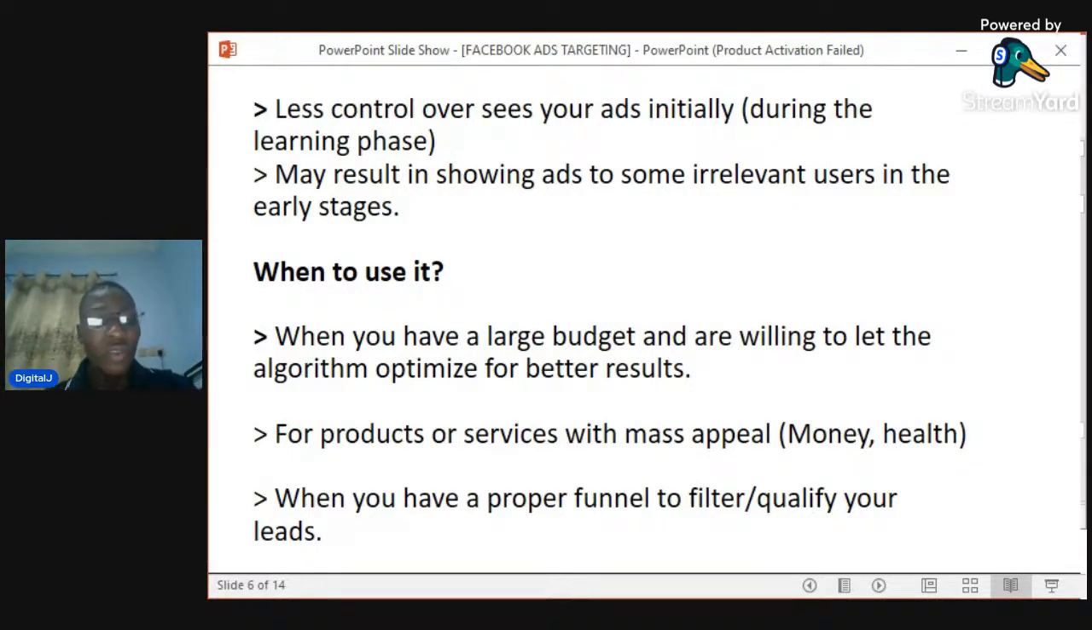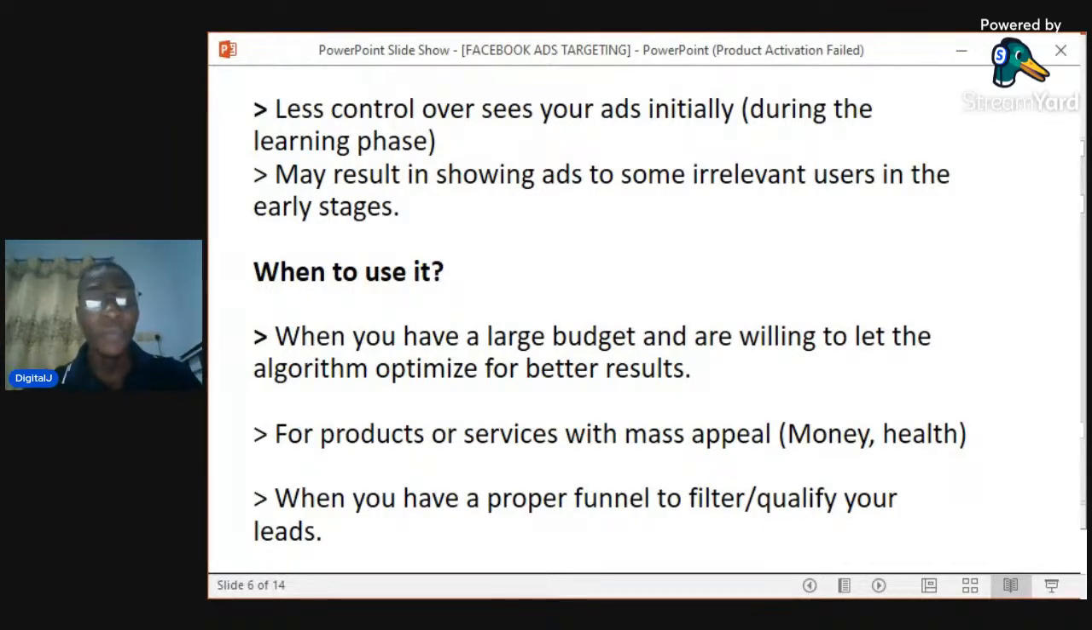So when do you actually use this broad targeting? You use broad targeting when you have a large budget and you are willing to let the algorithm optimize for better results for you. Understand? So basically, if you have a large budget, if you have the money to spend, then you can use broad targeting, so that Facebook can actually find the perfect audience